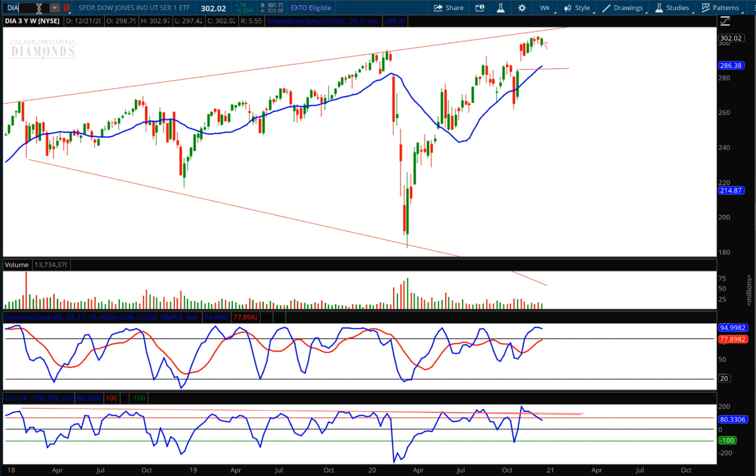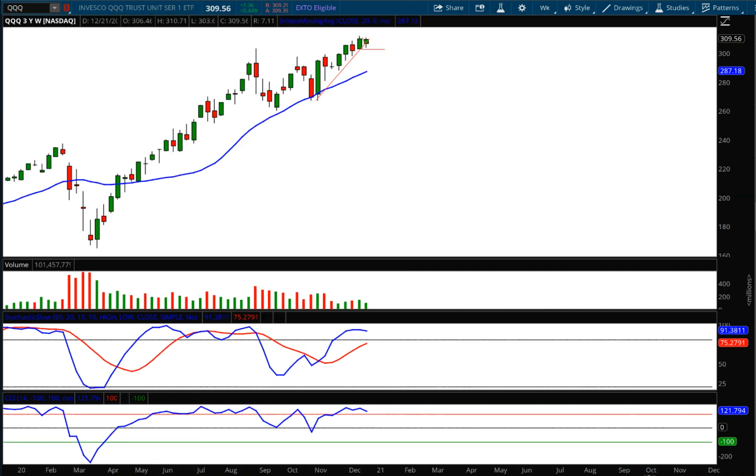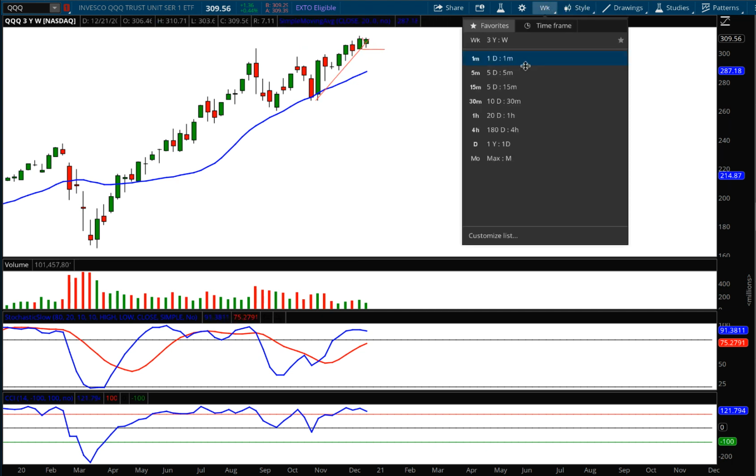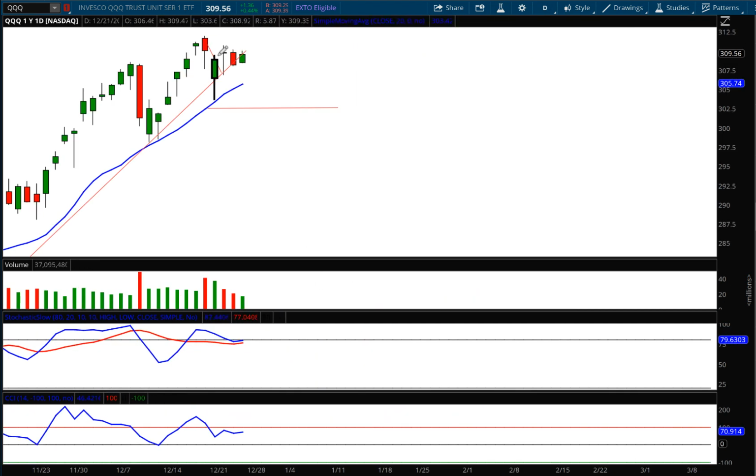Now let's take a look at the Qs. Ticker symbol QQQ. It more or less tracks the tech sector. I did the same thing, didn't really put any forecast lines on this one. I just said, there's the trend line, and there it is. And I trailed the stop up right here. Right? And so now we have a move. This is a weekly chart now. We had that trend line. There's the weekly horizontal support level that I said we have to watch out for. And as I zoom into the daily chart, you'll see exactly how on Monday the low came very close to that 20-period moving average and then bounced.